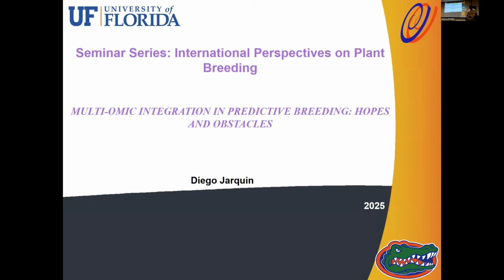My name is Sarah Kostick. I am one of the members of the Plant Breeding Center Seminar Committee, and it is my pleasure to introduce our speaker today, Diego. Diego holds a Bachelor of Science in Statistics, a Master of Science in Statistics, and a PhD in Statistics. There's a theme there, Diego. He's currently an assistant professor in the Department of Agronomy at the University of Florida, where he's going to be talking about his work in AI and models and all things to help plant breeders become more effective in their programs. Diego, take it away.